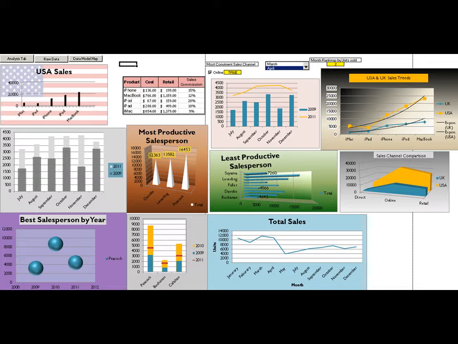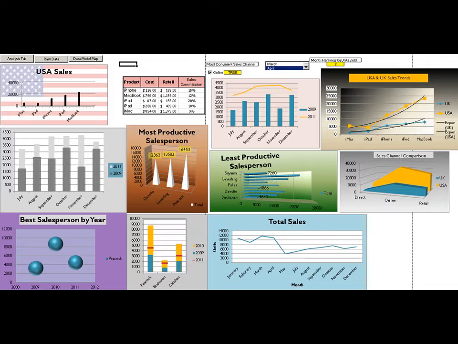It has things such as the USA sales, the least productive salesperson, bubble chart of the most productive salesperson, the trends from the USA and the UK, and the products, the costs, the retail cost, sales commission percentage, and a bunch of other